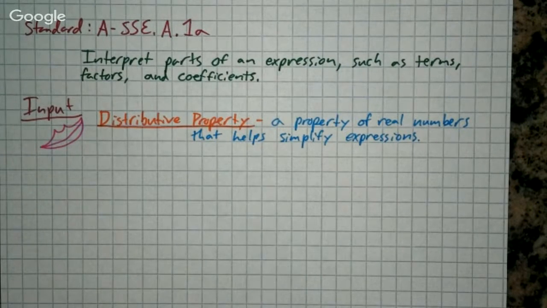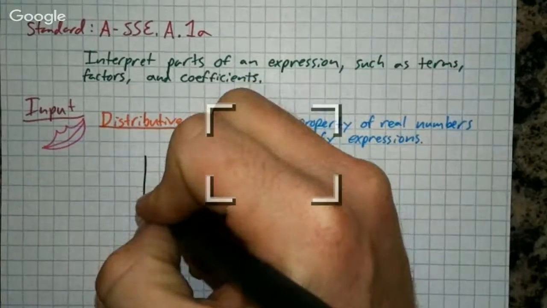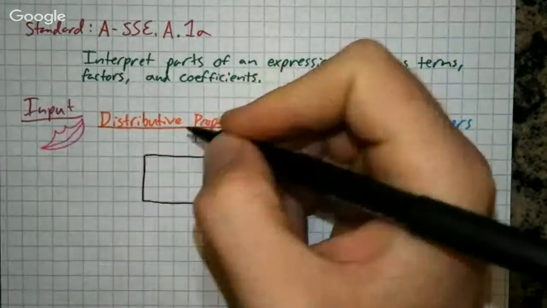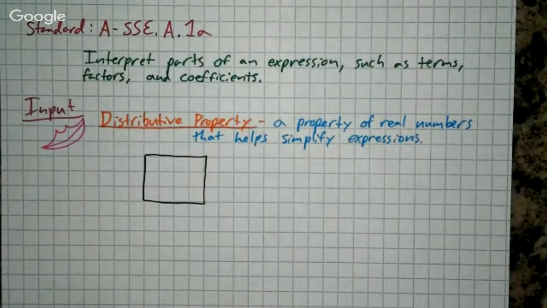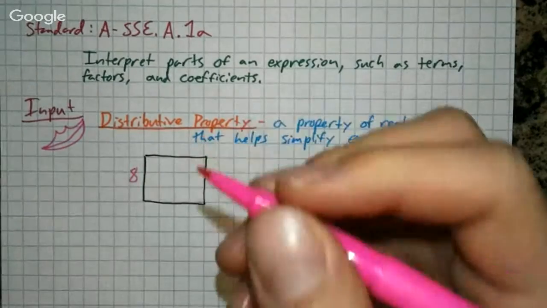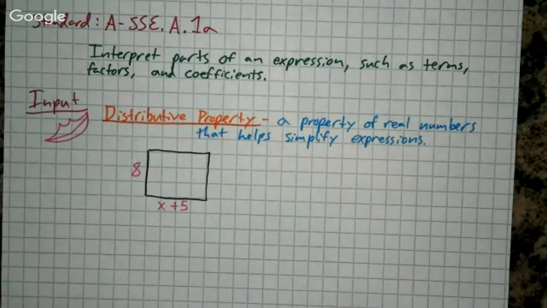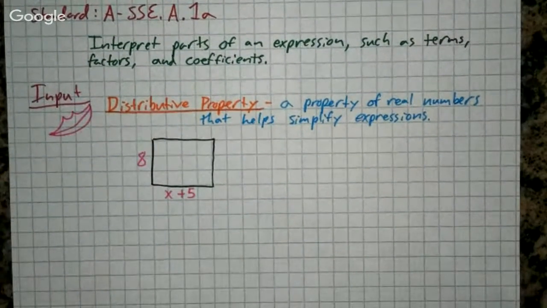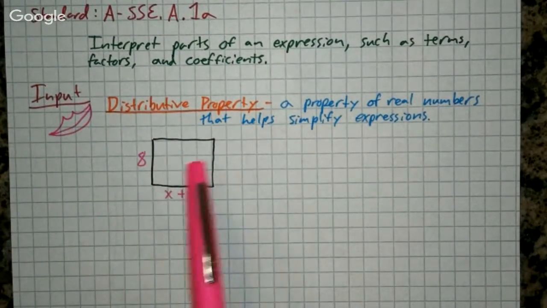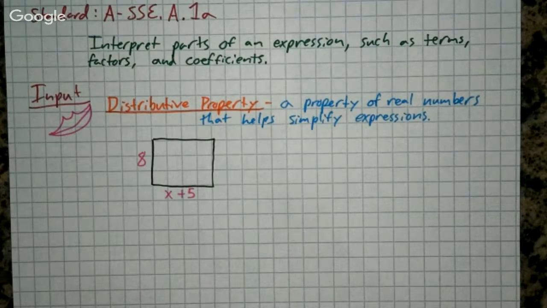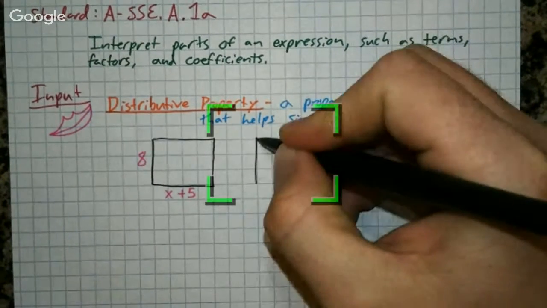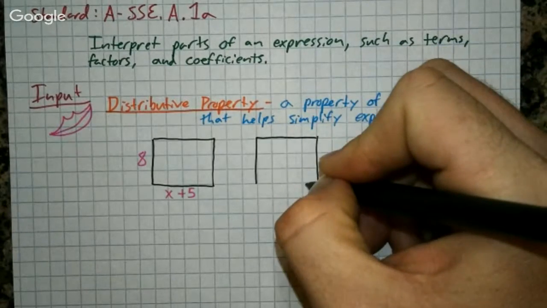And now the book actually gives us a really good image of this. So I wanted to write down this image that you see in the book there. And the way it writes it down is it gives a box, a nice visual, spatial way of seeing this. And then in the box, it shows that one side is 8 and the other side is x plus 5. And it shows that we know how to do that. If we knew what x was, we could go ahead and find the area of this, or we could figure out anything like that. But then it shows a box next to it, the exact same size.